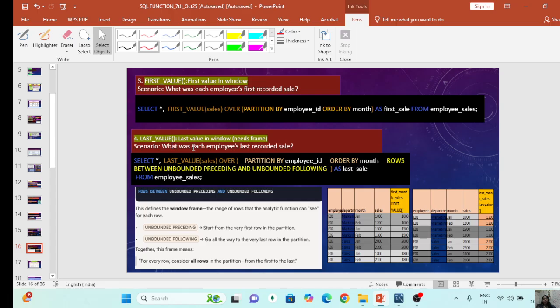Last value: what was each employee's last recorded sale? Here is the most tricky part. Select all, last value over function. Last value of which column? Sale. Then over which column? Partition by with order by. Partition by employee ID, then order by month. And the trickiest part is rows between unbounded preceding and unbounded following, as last sale